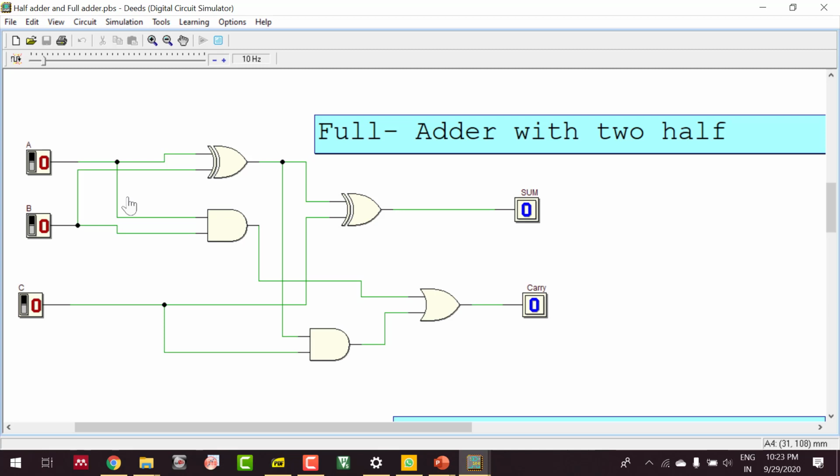with two half adders. We are going to check the same conditions. I am going to keep A and B as 1 and C in as 1. In this case, you are going to add 1 plus 1 plus 1. That means sum 1 and carry 1. And similarly, if I keep C in as 0, it will be 1 plus 1, which means sum 0 and carry 1. So this is how we verify the truth table of the full adder with two half adders. This is one half adder and this is the other half adder.